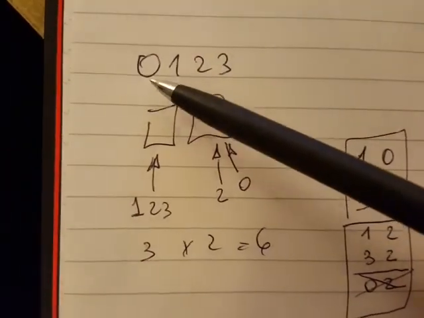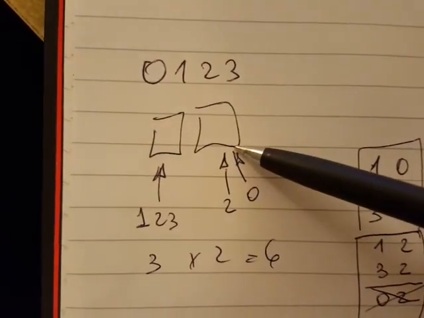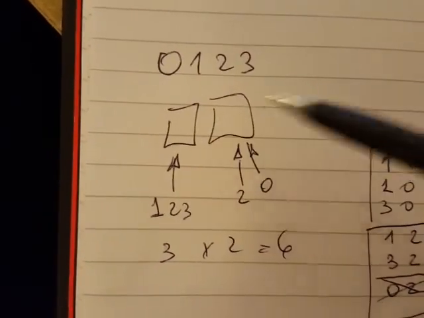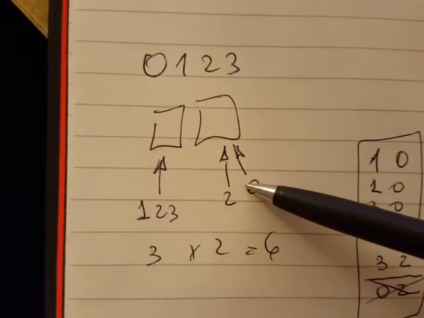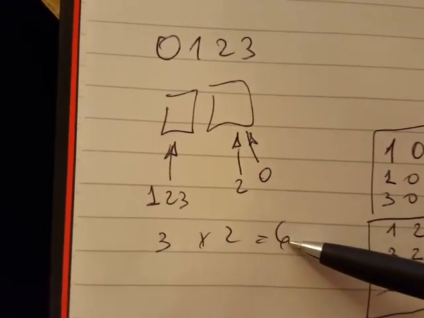Now, let's do a similar kind of problem when you include 0. So you need even numbers, but you need to include 0. So at the end, you can have 0 or 2, and in the beginning, you can have 1, 2, 3, depending on what you have at the end. If you do it that way, this will be 2 options is 2, and 3 options is 3. So 2 by 3 is 6.